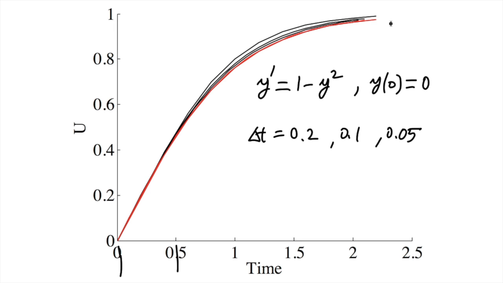We can again see that as we refine, as we go from 0.2 to 0.1 and 0.05, the solution goes towards the exact solution